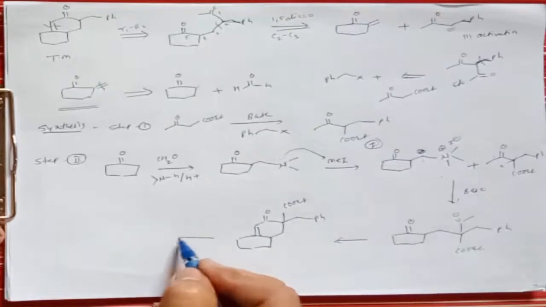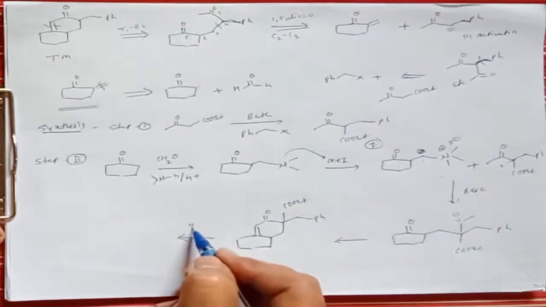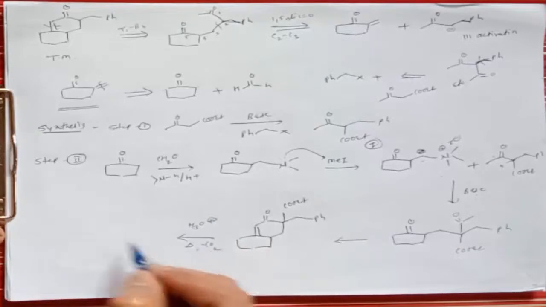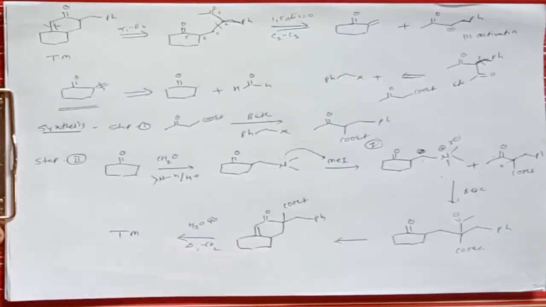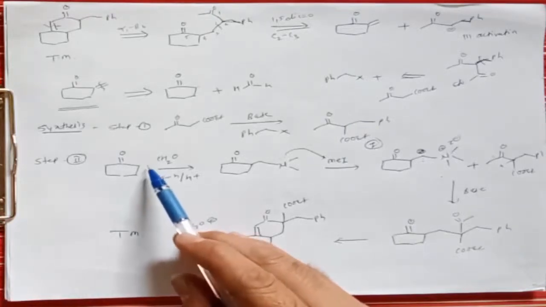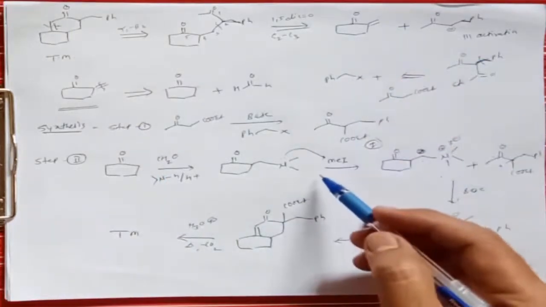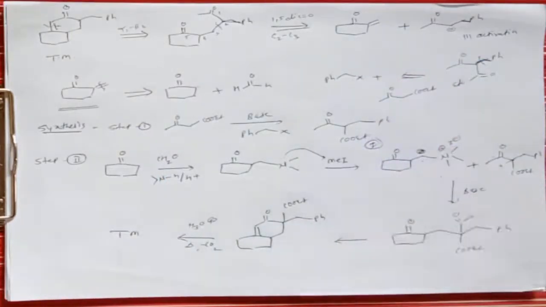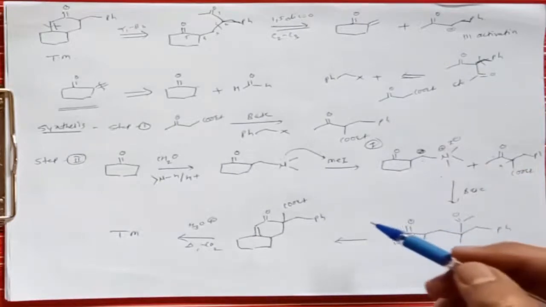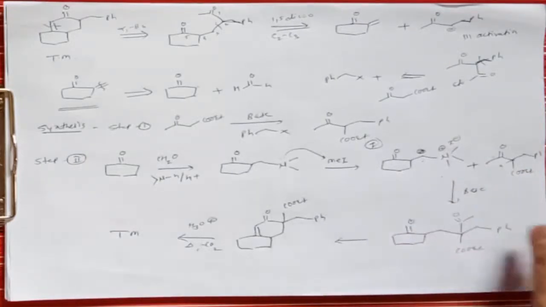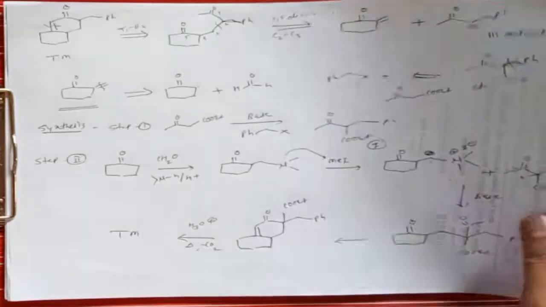And now if we treat this molecule with, that is hydrolysis, and second if we heat, it gives decarboxylation, and it gives formation of a target molecule. So that means sometimes if you want to get a double bond here, instead of going for this 1,4 addition, we can go for this Mannich reaction, because the Mannich reaction gives a good product with good yield, right? So this is one more target molecule.